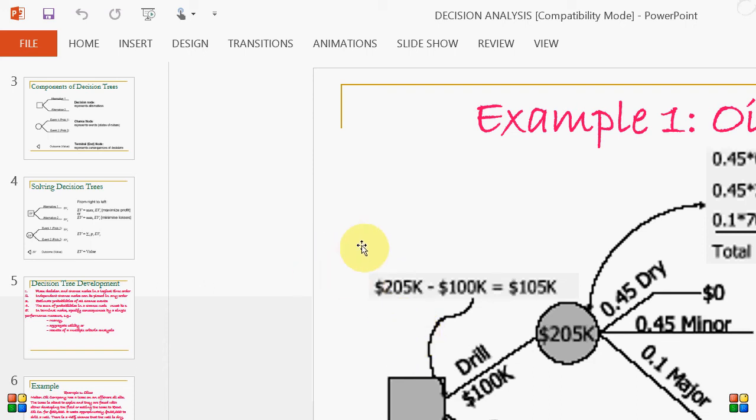And again, it's also given to us that they have to spend 100,000 from their own side. So that is the expenditure. So the total profit, or the net profit, will be 205 minus 100K, which will be 105K. So obviously the better proposition will be drilling the well and not selling it to the Excel company.